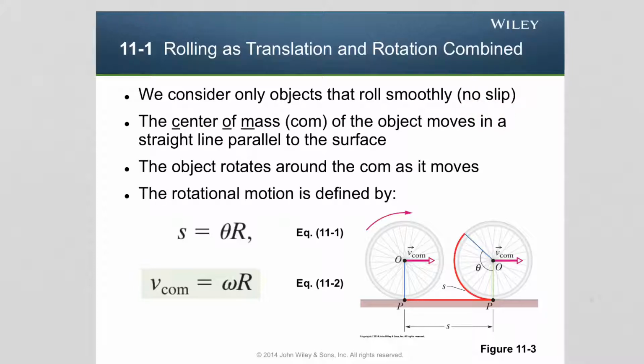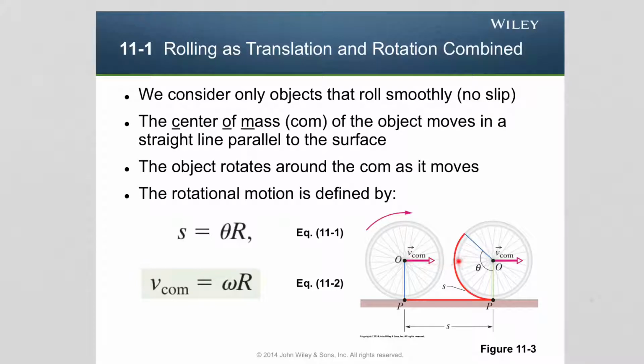The center of mass of the object is going to be moving on a straight line parallel to the surface, and the object will be rotating around the center of mass as it is moving. So if we look at the example here, which is a bicycle wheel, the center of mass is located at the axle of the wheel, and as the wheel is rolling, the center of mass is moving to the right